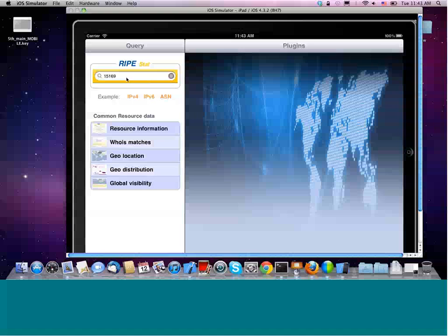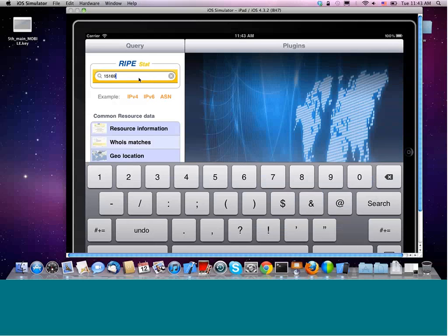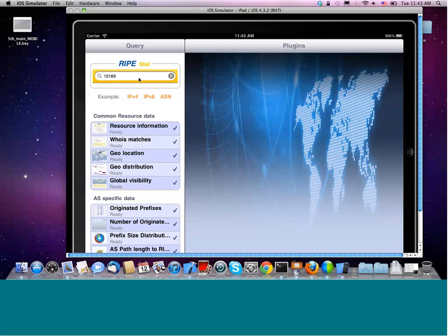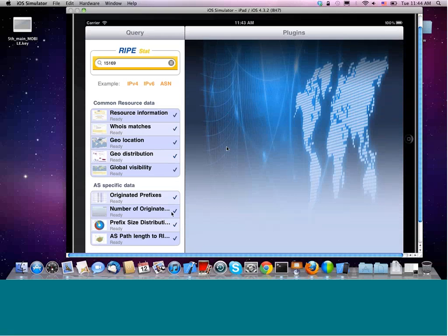This is 15169, that is the Google AS number. For the purposes of this demo, we actually stored the information on the device. And we shouldn't, just to be honest, because it's quite fast. And if you have already seen the web version and you have used it, you will recognize many similarities with the web version. Okay, we can see